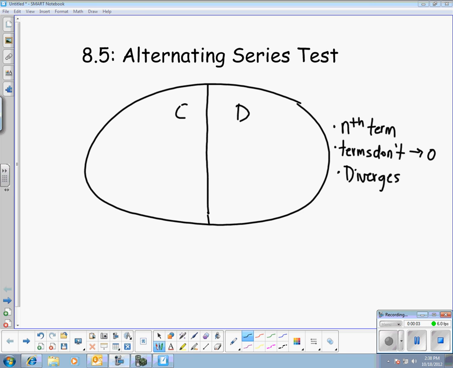Okay, guys, this is 8.5. It's the alternating series test. This is the easiest test in the chapter. You're going to love it. To review where we stand right now, you've got